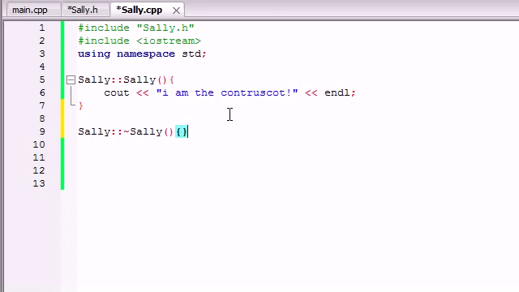So another thing I want to point out is this. Whenever you're creating a destructor, it has no parameters. No matter what, you can never give it parameters. Also, it never has a return value. You can't even give it void. And aside from that, there's no destructor overloading. You have one destructor and that's it. You can't have different versions of your destructor. So basically, it's a really